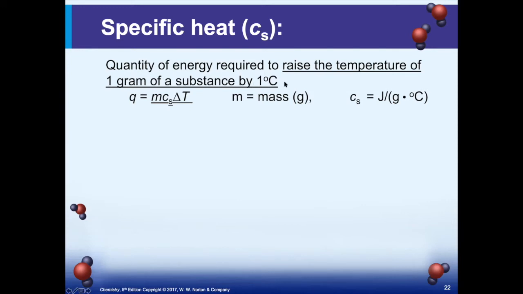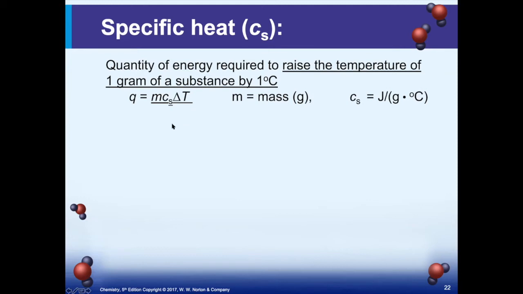Now, we already saw this earlier when we defined what a calorie is. A calorie is the amount of energy that's required to raise 1 gram of water by 1 degree Celsius. So this is like a calorie, but for any particular material. You can have a specific heat for any material. And the specific heat for liquid water is 4.184 joules, right? Okay, so a quantity of energy required to raise the temperature of 1 gram of a substance by 1 degree